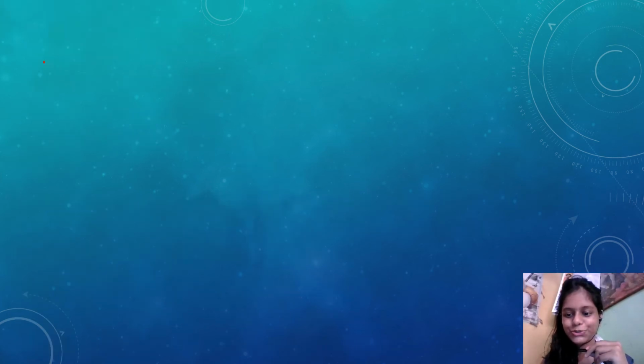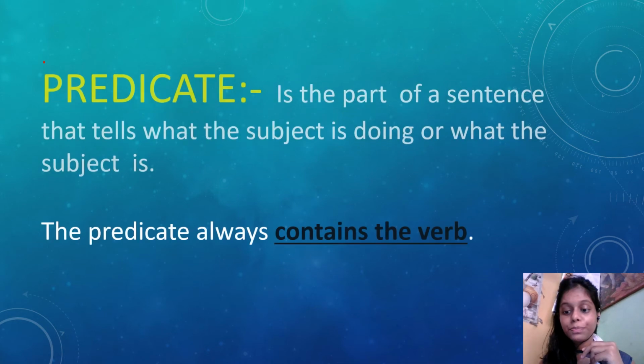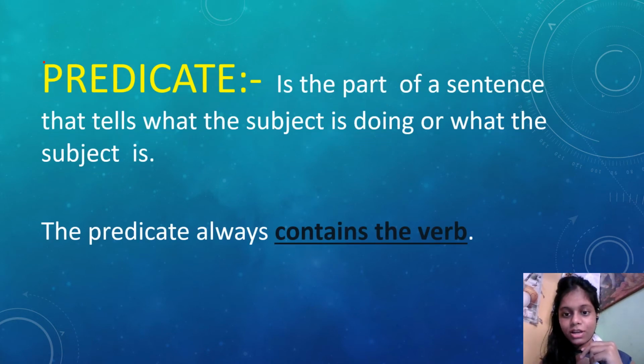Now we will see what you mean by predicate. First division, we came to know about subject. Now in predicate we talk more about the subject. Which kind of action is done by the subject is given as information by the predicate. So what is a predicate? Predicate is a part of a sentence that talks more about the subject, means what the subject is doing and what the subject is. In short, it gives more information about the subject.